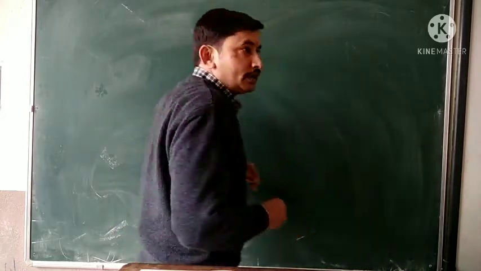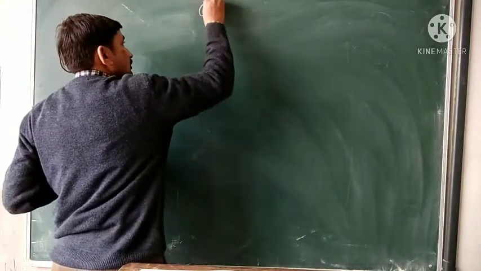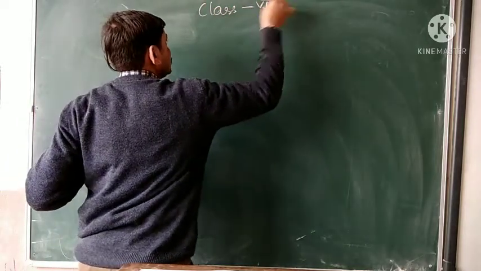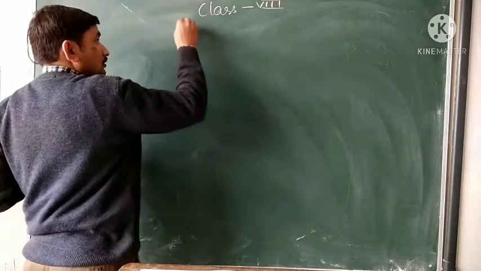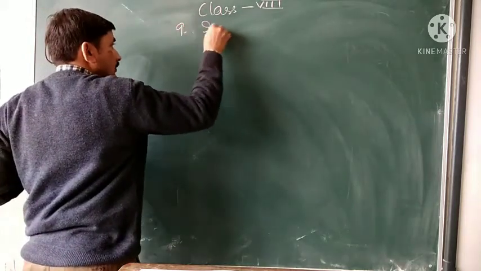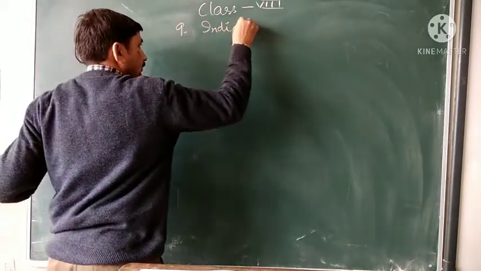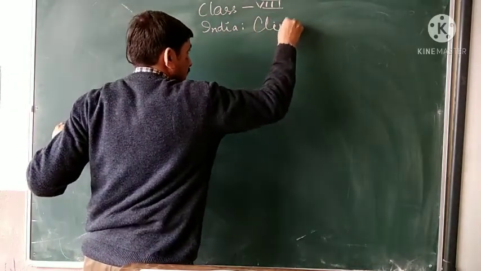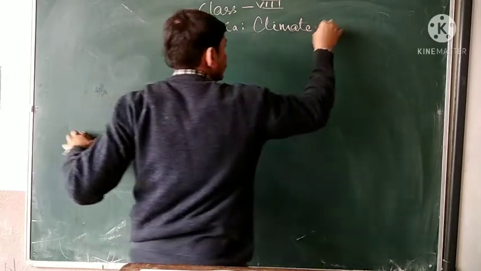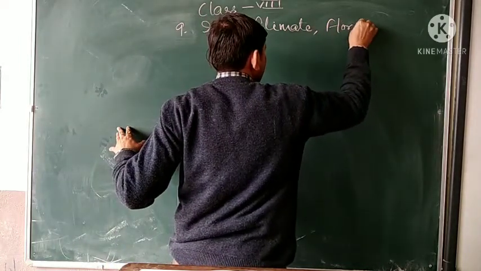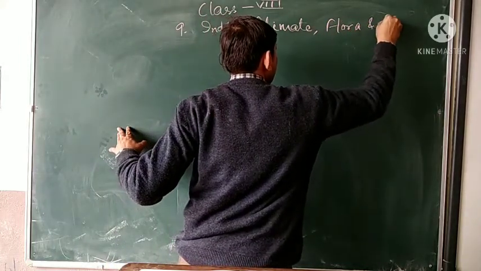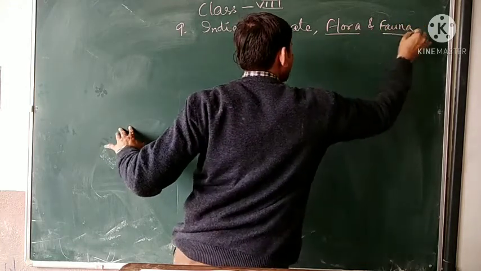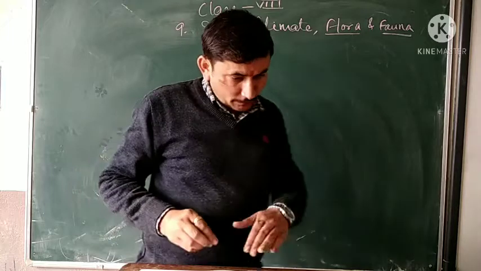Now, today we will discuss chapter 9, India: its climate, flora and fauna. Flora means plants, fauna means animals. So now, the climate of